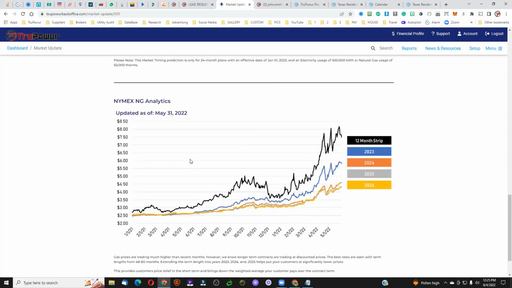And then a follow-up with the natural gas market, since over 50% of electricity is generated through natural gas. It's a trickle down or domino effect that if you have natural gas prices that are continuing to climb, then so are the